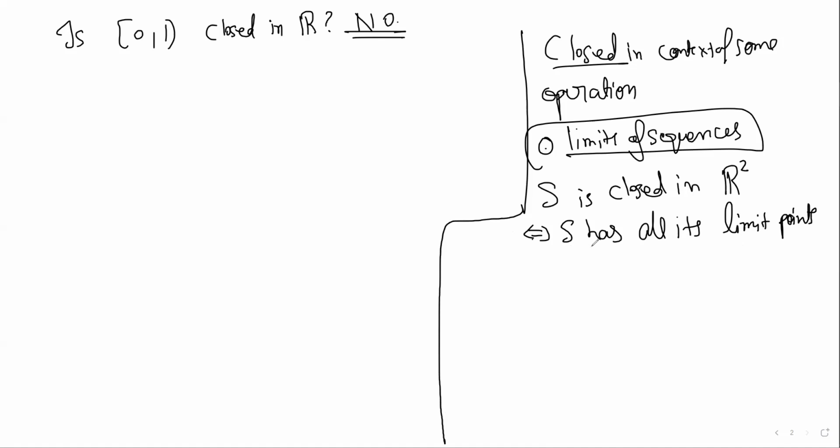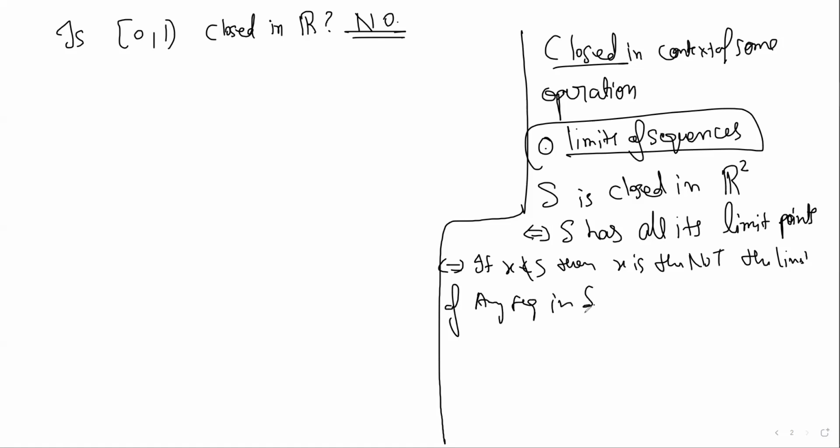Can we say this in terms of points outside S? So it means that, well, just a restatement is that if x is not in S, then x is not the limit of any sequence in S. This is also pretty much the same thing, right? But this means that, I'm not writing this, that if x is outside, then there is a ball around x which does not intersect S. Okay, something like this. Closed means has its boundary, has a clear, thick,